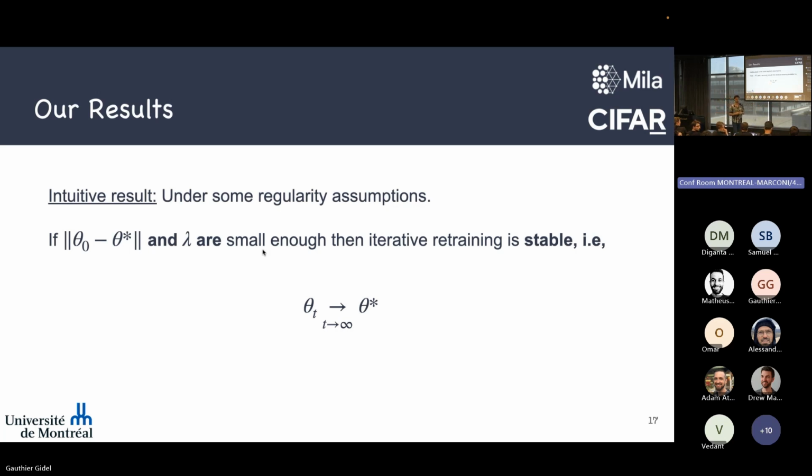Yes, Ariane. Does stability mean improvement? No, very good question. Stability means stability, meaning that you don't collapse. We are in the infinite data regime. In the infinite data regime, if you don't start with the best model because you have some optimization error or whatever, it could actually mean improvement, because you iteratively retrain on infinite data and get closer to the best one.